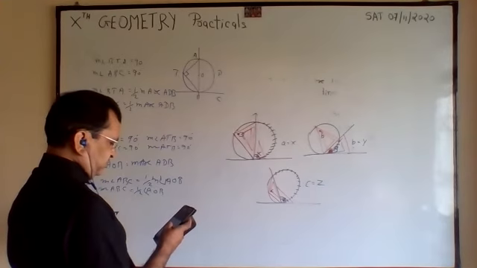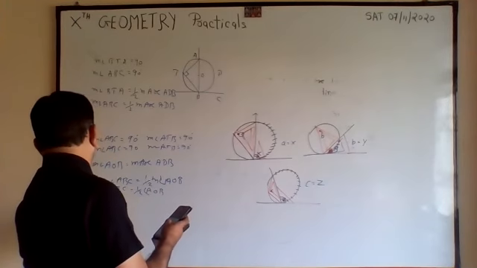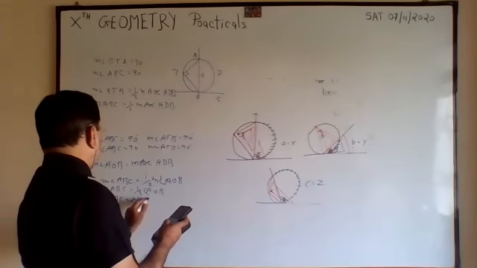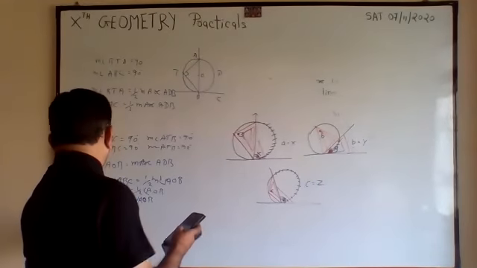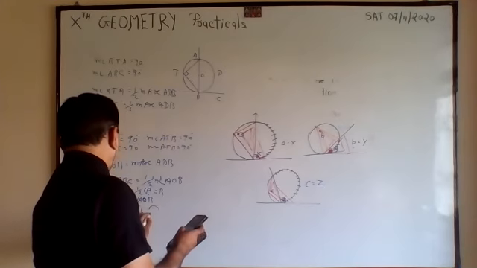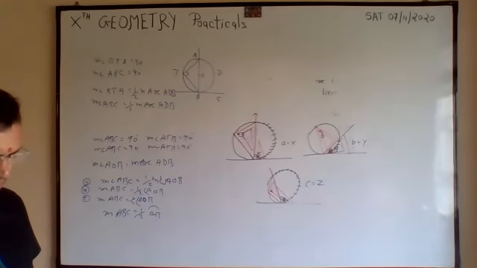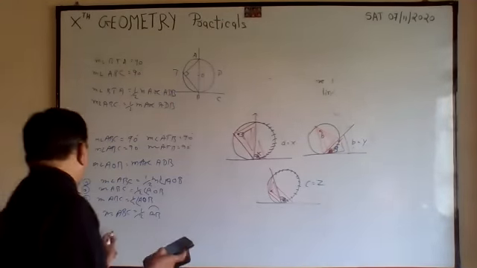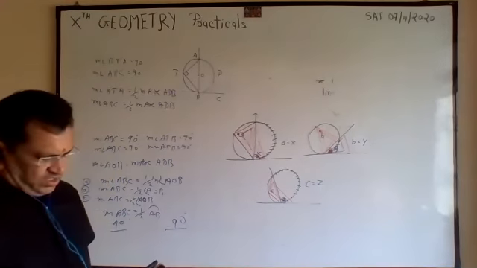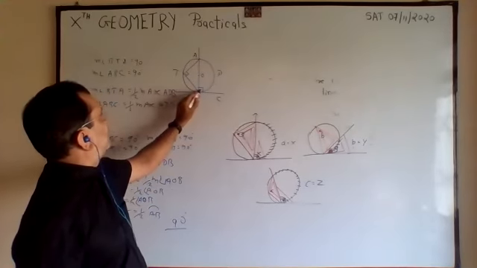It is correct. In C also they have given measure angle ABC half of AOB. Therefore, measure angle ABC is half of AOB. And at the end, to fill in the blank, it is given, so 90, 90, right? ABC is 90, ATB is 90, ABC is 90. This is perfect.